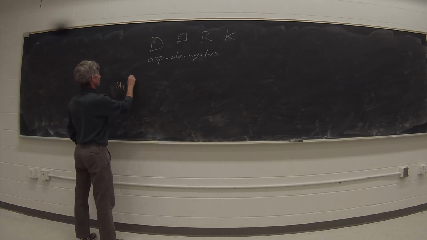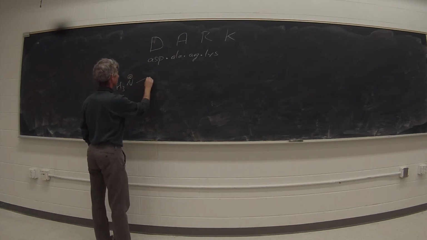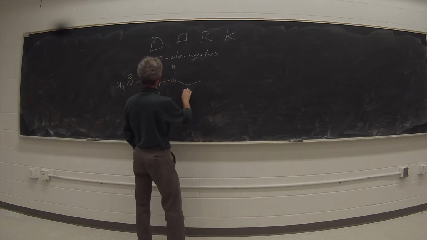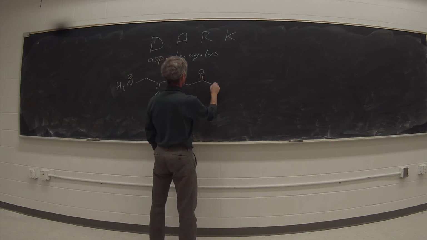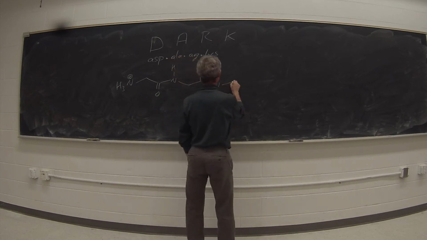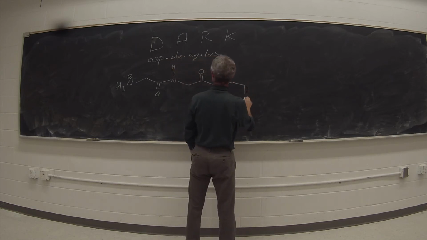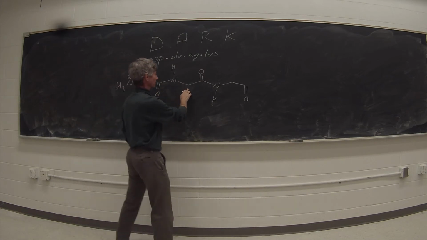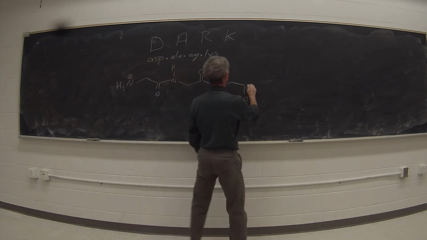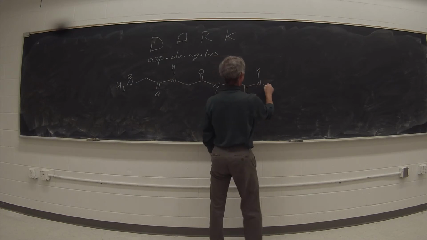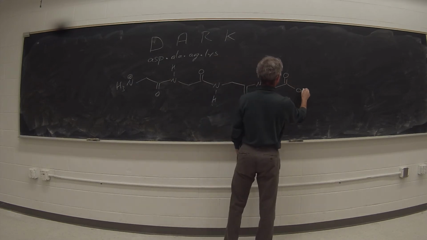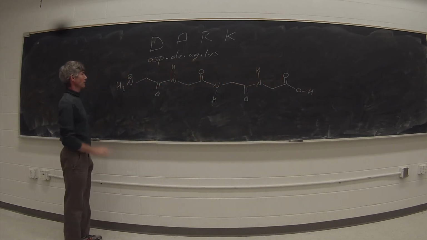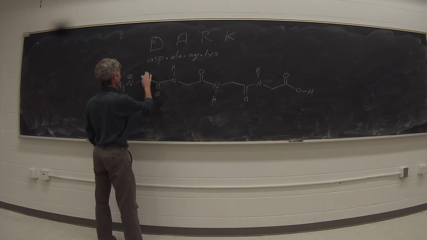And as usual, we will draw it with everything protonated to begin with. And we will be alternating between pointing up and pointing down as we go from one to the next. So our first amino acid is pointing up, our second amino acid, alanine, will be pointing down, our third amino acid, arginine, will be pointing up, and our fourth amino acid will be pointing down. We'll leave the carboxy terminal protonated. We'll protonate the N terminus. Right? Aspartic acid